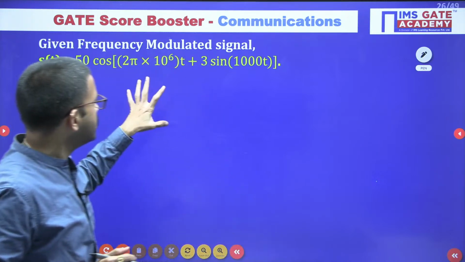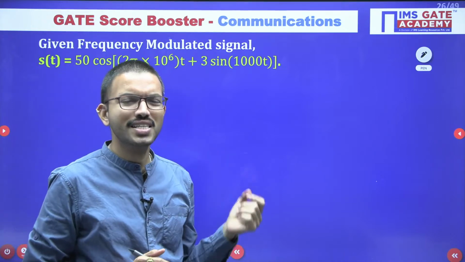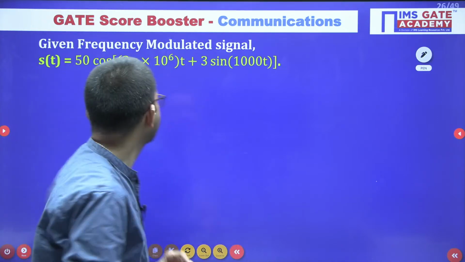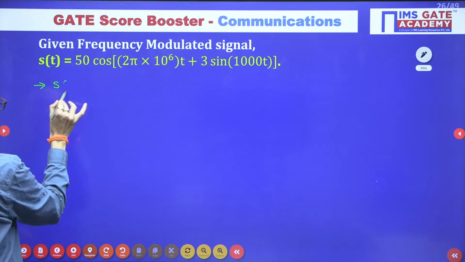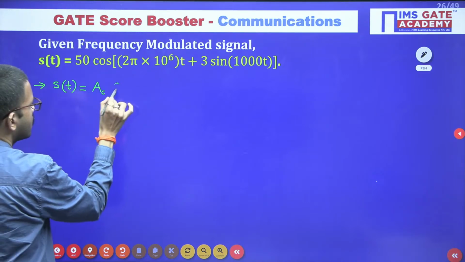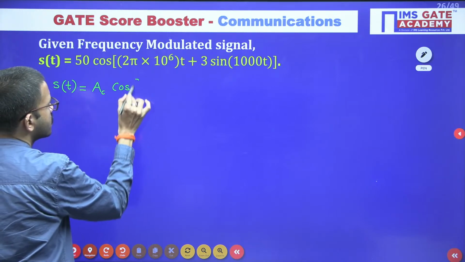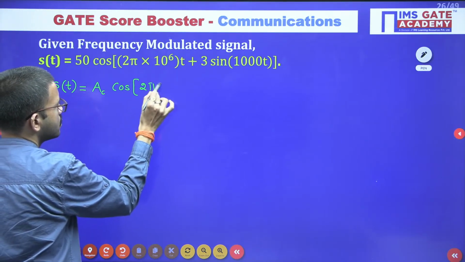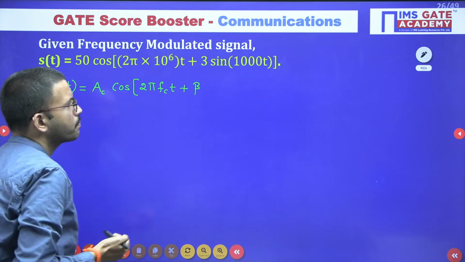Here this question is based on the FM signal, so first of all, write the standard time domain equation of the FM signal. S of t equals AC cos 2 pi FCT plus beta